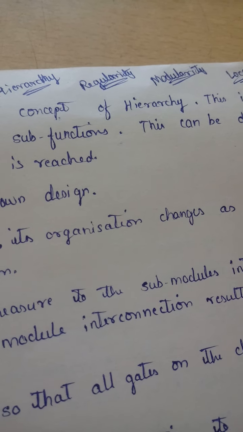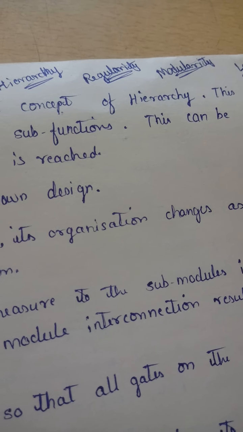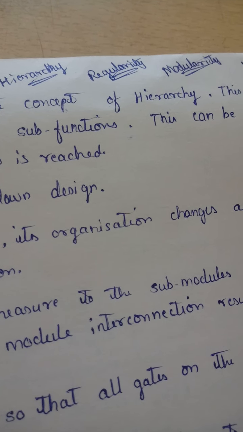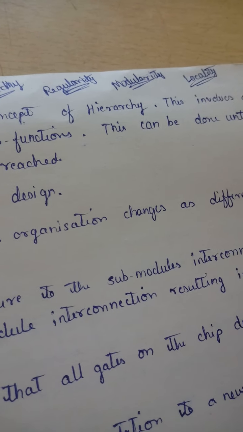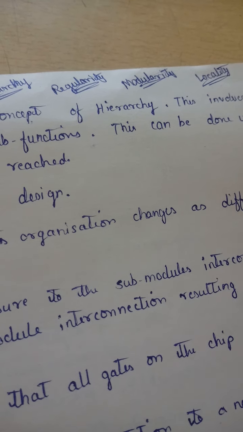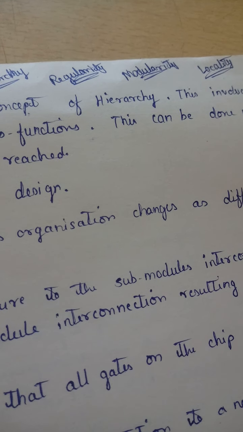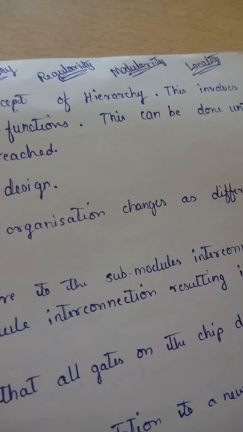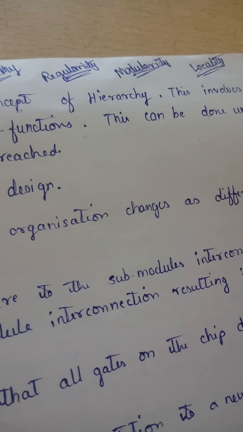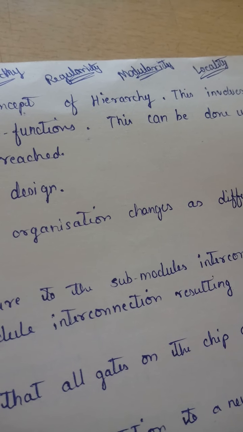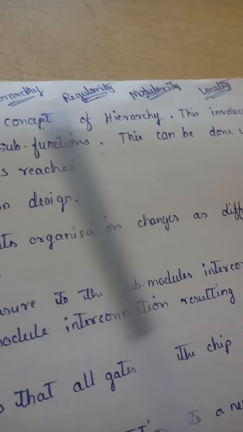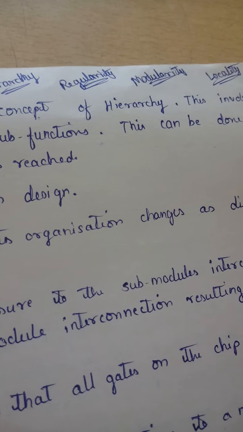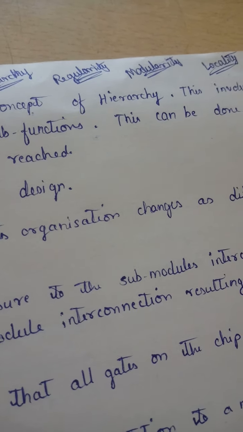So locality means the internal details of the logical level. The concept of locality also ensures that the connections are mostly between the neighboring modules. If there are modules one and two next to each other, so there are neighboring modules. It shows the connections of the neighboring modules, and it should also avoid long distance connections as much as possible. So these are the four main techniques for reducing the complexity of IC design, integrated circuit design.